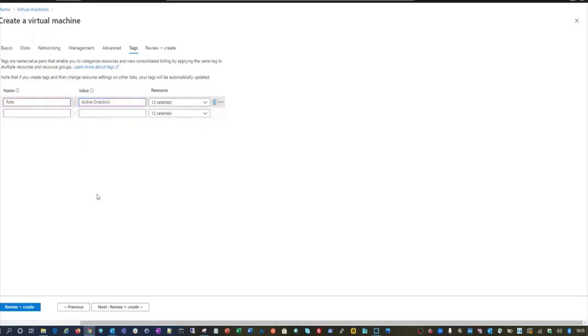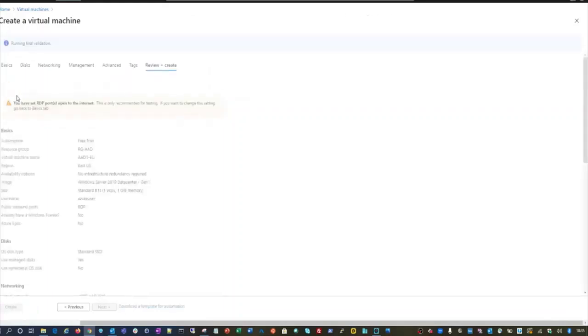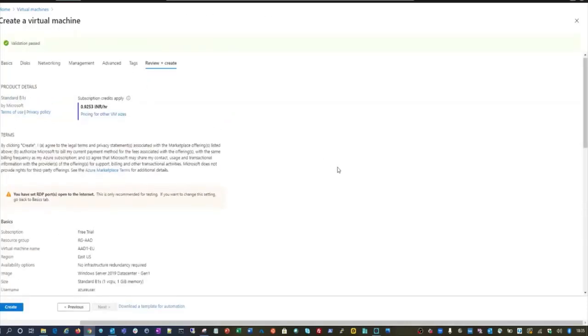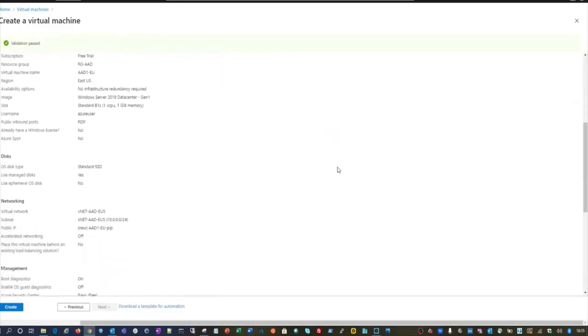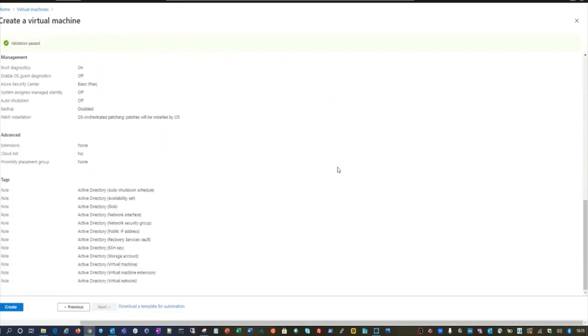Now click next for the review, and if the validation passed, we can just install the AD server. So it's just a normal VM for now. It's nothing much. We are creating just a VM as an initial step to create Active Directory services. So you can see the roles tag.